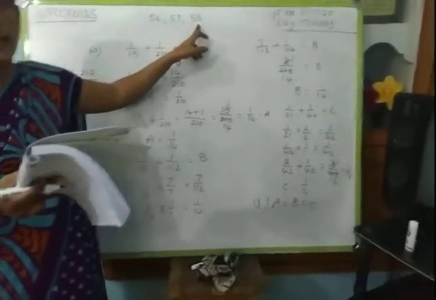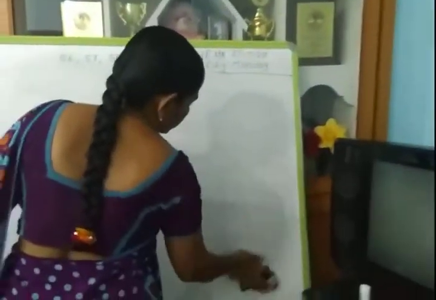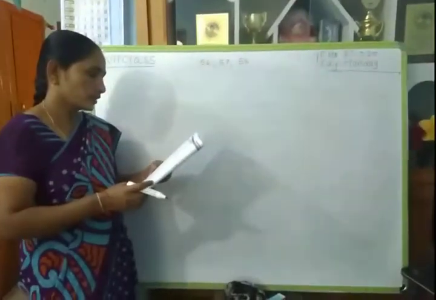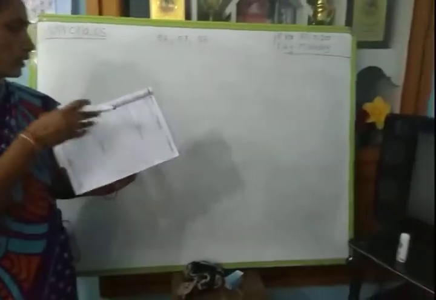So today's homework is problems 56, 57, 58. So 60 problems are completed. The next problems we will discuss in the next class. 56, 57, 58 matching. All of you do carefully. Don't write in the textbook. Do it as rough work in your notebook. After that, tick the options.